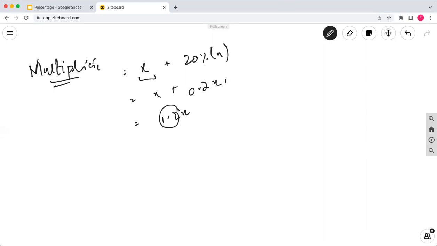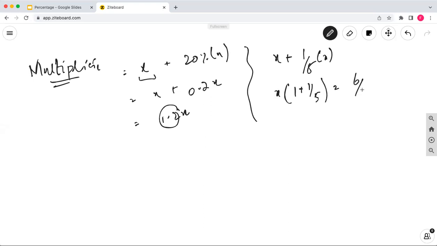And instead of doing this in decimal form, whenever you see such a question, always quickly convert that into a fraction. This is X plus, what is 20%? 1/5X, right? So this will be just X common. This is 1 plus 1/5, and this is 6/5X. It is always a better idea to convert that into a fraction instead of converting it to decimal, right? Okay, so for example,